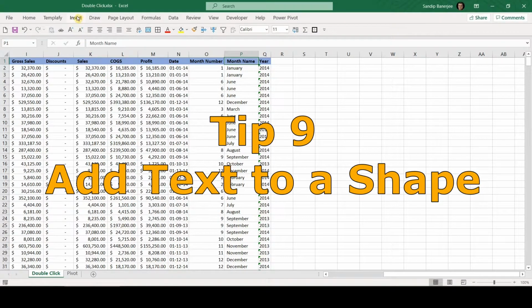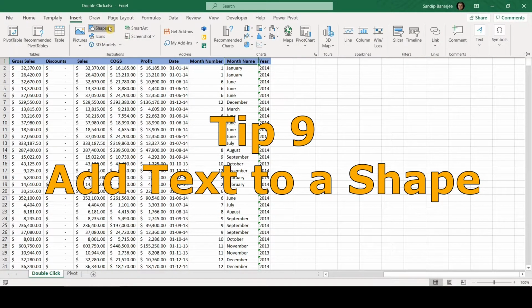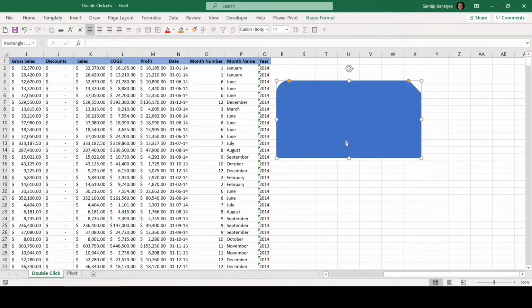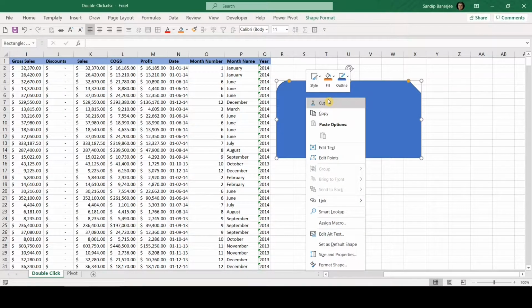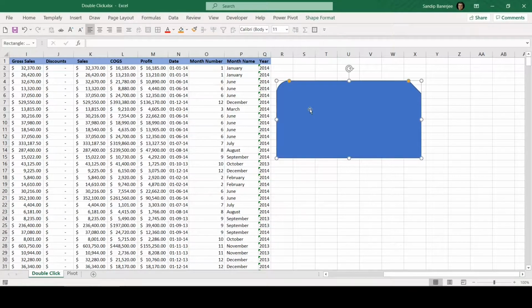Now let me show you another thing. Let me insert any of the shapes in this particular workbook. Now if I wanted to add text here, I can do it in 2 ways. I can right click and then I can select edit text. Another way is you can just double click on this shape and it will allow you to type something. Let me just do that. You can see now this cursor is blinking here. I think you may not be able to see that because of this background blue color. Let me type something and you will understand. Yeah. So you can see, quickly, to add text in any of the shapes, you just need to double click.